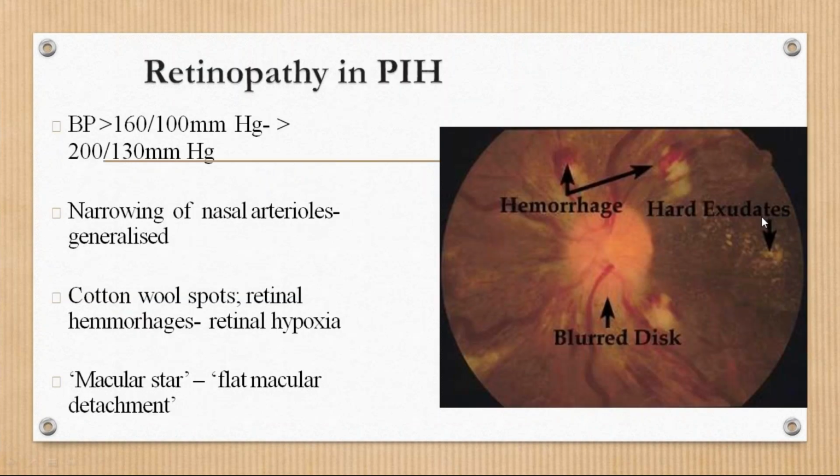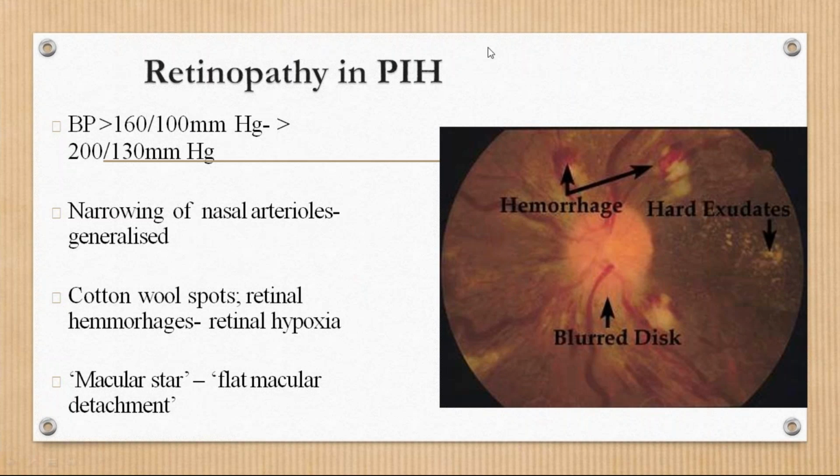Unless macular edema or retinal edema is there, never interfere in a case of hypertensive retinopathy with any anti-VEGF; just ask the patient to control the hypertension and come for regular follow-up. Once there is macular edema or retinal edema, then only give some anti-VEGF or some laser, whatever you want. Then only intervene in the patient with hypertensive retinopathy.